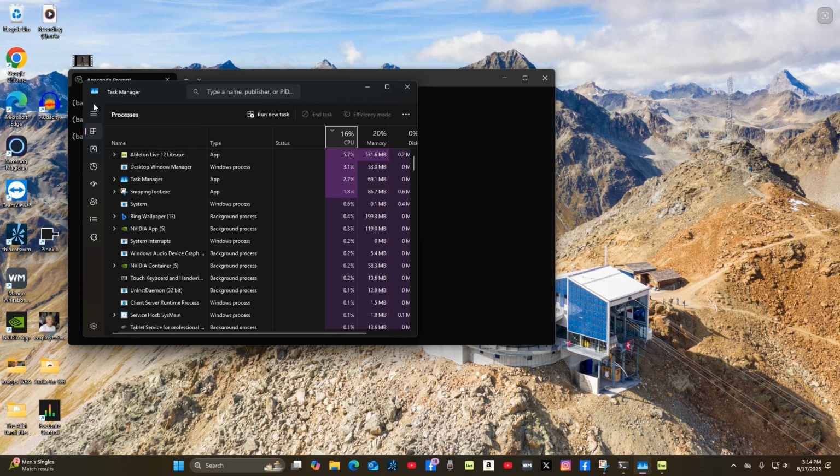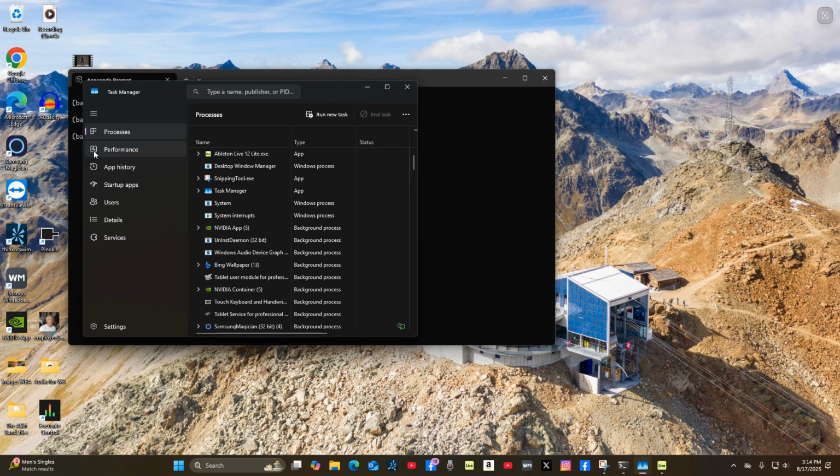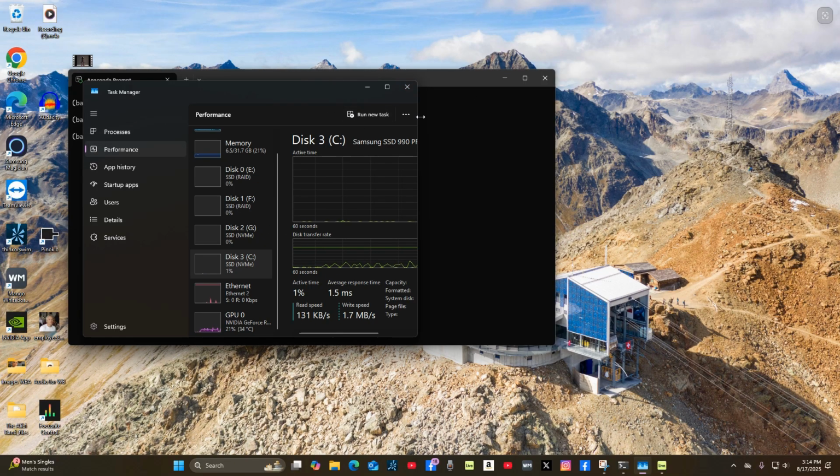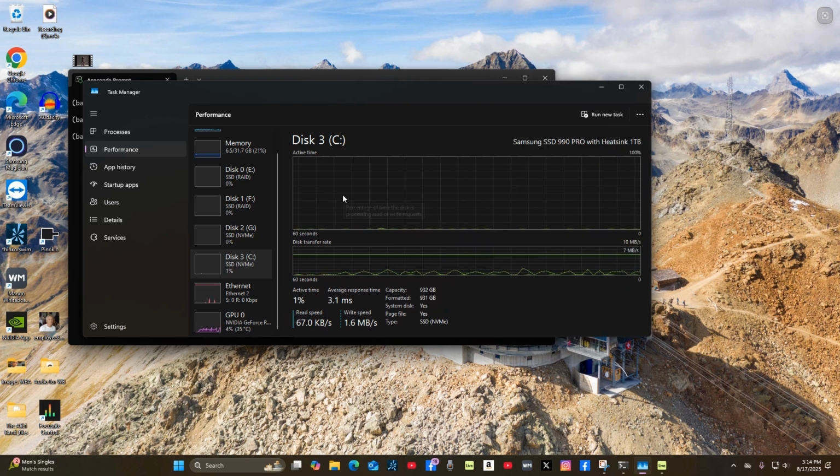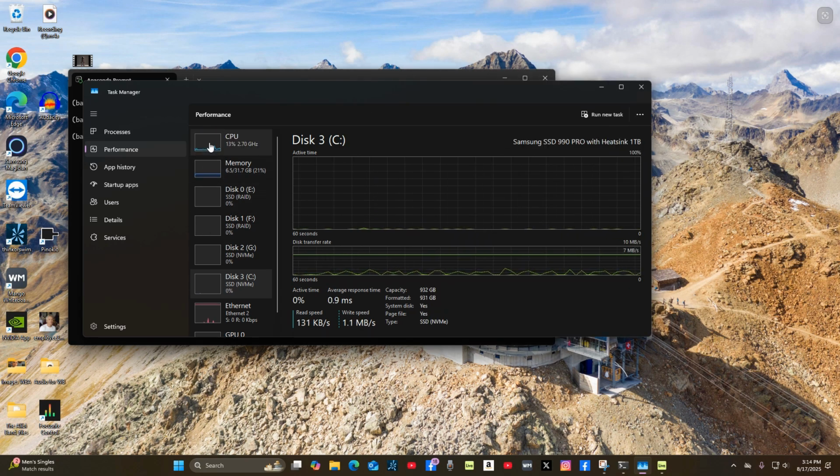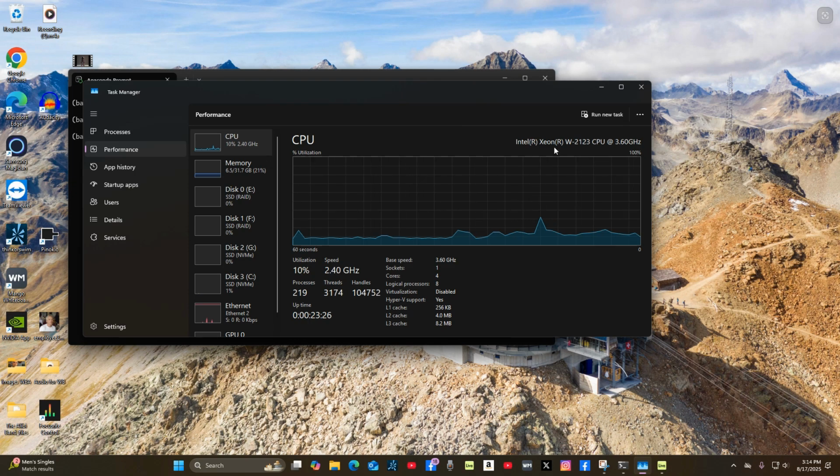So we're going to take a look at my computer. As you can see, C drive, I'm only running a Xeon 2123 CPU, and we have 8 gigabytes of VRAM. So I think the direction of the channel is heading more in terms of how can you do this and run AI generations. So I just wanted to start out and show you